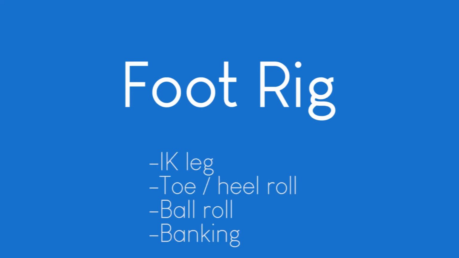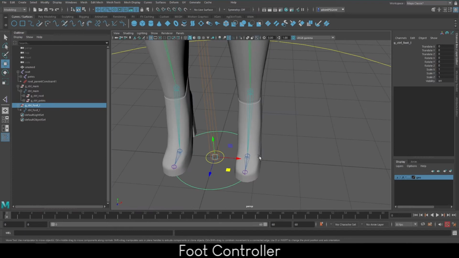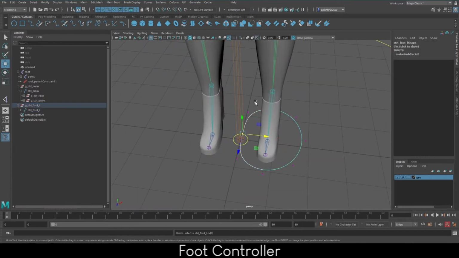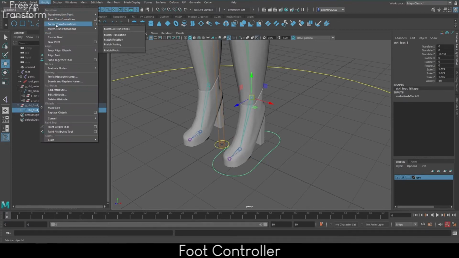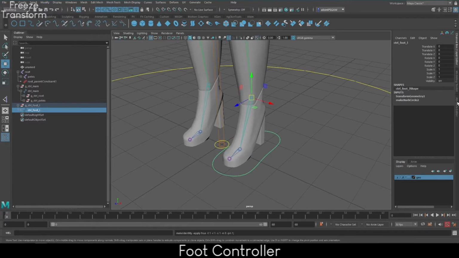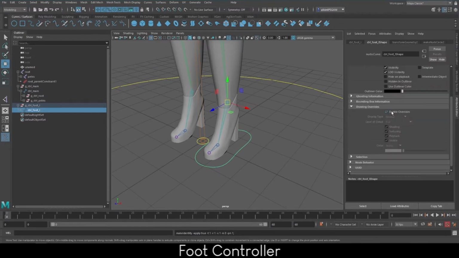Let's rig some feet. Create a NURB circle and group it using Ctrl G and name it foot controller. Try to match the shape of a foot so you know what the controller is for. Snap the pivot point to the ankle joint using D and V, and don't forget to always freeze transforms on your controllers. You can change the color in the attribute editor by going Object Display, Drawing Overrides, Enable Overrides, and